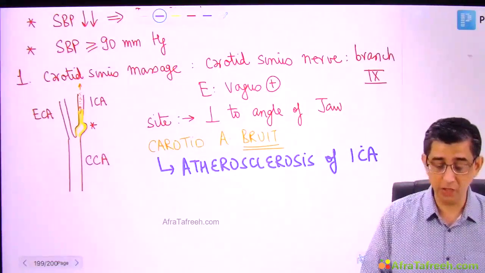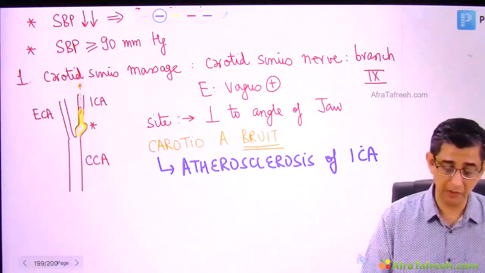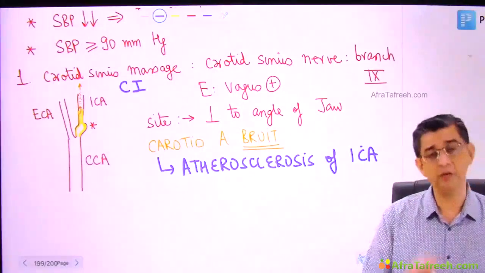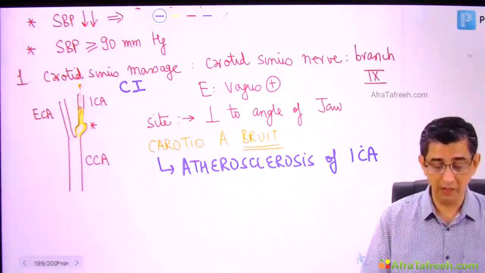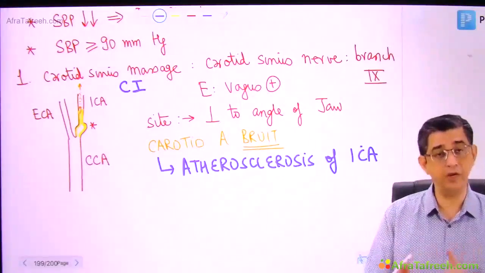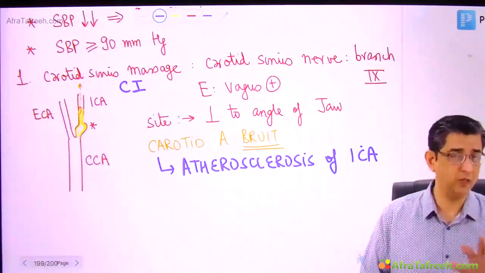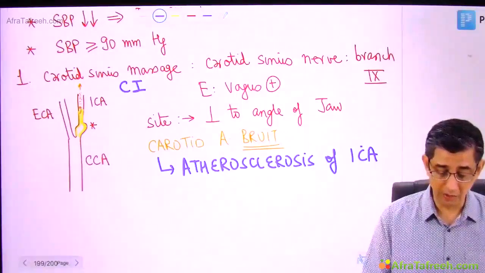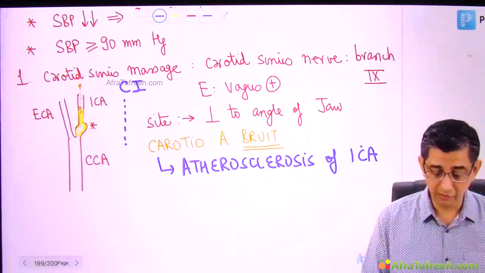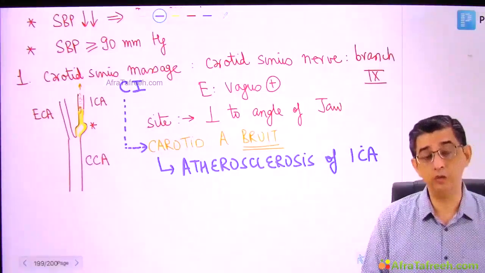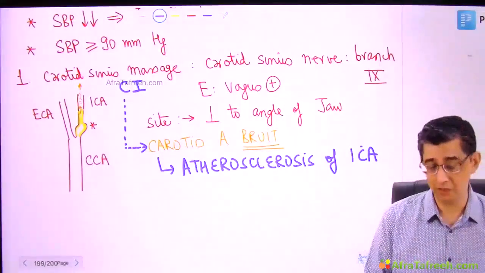In a person who's having carotid artery bruit. I repeat the fact once again. The question was regarding carotid massage per se only. They have talked about the physiology aspect, the afferent and the efferent, the anatomical aspect, that is where would you give it. Both sides are obviously not given, that you very well know, but I've just sensitized you to the fact that why do you read in the textbook that carotid sinus massage is contraindicated in patients with carotid artery